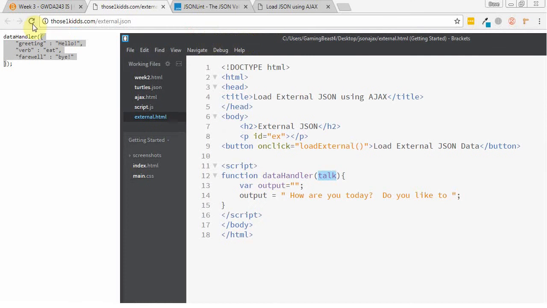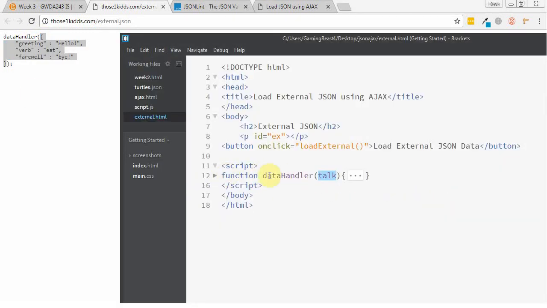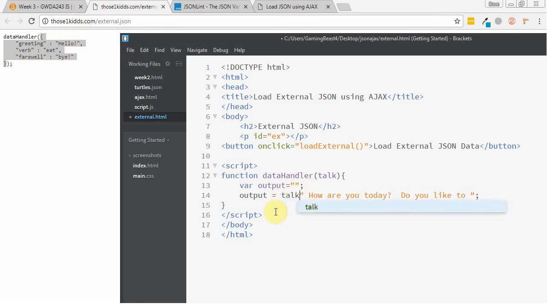So when the JSON file gets run, it's going to run the function called data handler. It's going to have this whole JSON object stored in it, and then it's going to pass it to this function. This function is going to receive it and store all that JSON data inside of talk. So now I can go talk.greeting, talk.verb, talk.farewell, and it'll give me these values. So now I can start using that. I can be like talk dot